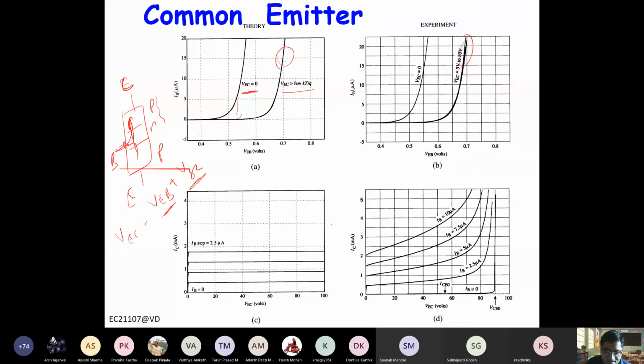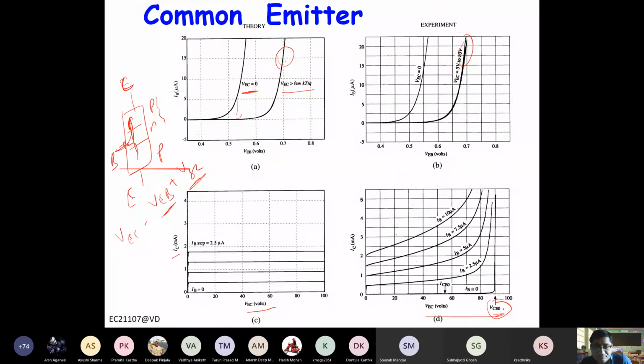And then IC versus VEC, right? We expect it to be constant with VEC, but in effect, it actually increases linearly in one region. Then as it approaches the breakdown voltage called VCEO, this is VCEO, right? For common base, it was VCBO. So here it increases and suddenly gets multiplied when it reaches near the